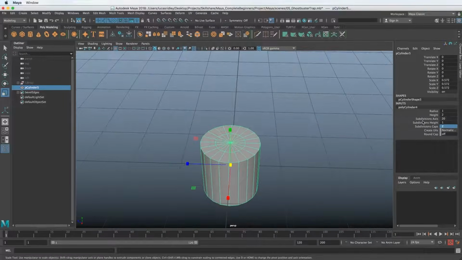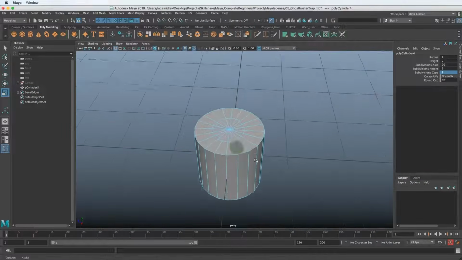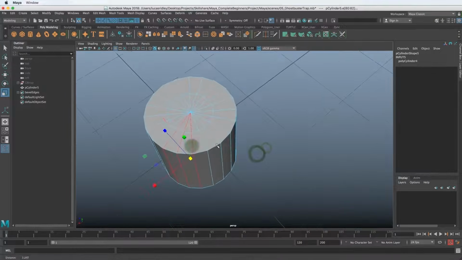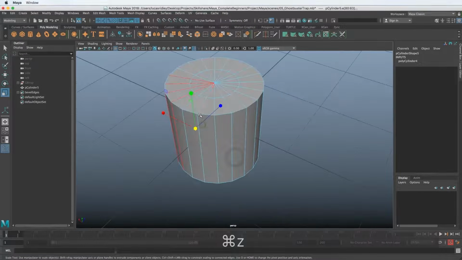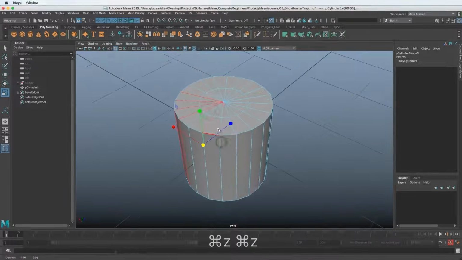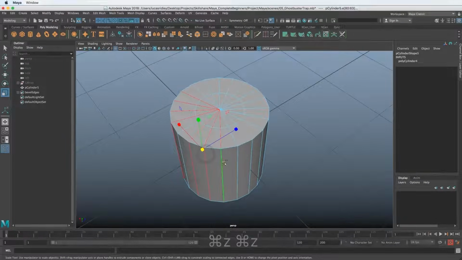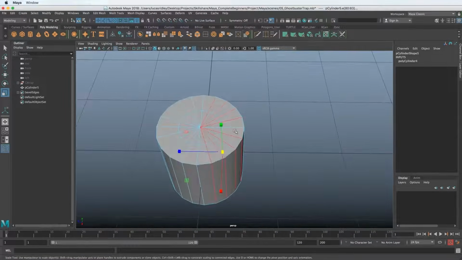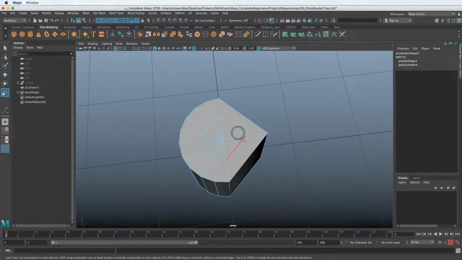So, get this cleaned up first because you won't be able to change it a ton later if you're messing with components like we're about to do. So I'm basically going to select, double click and shift and double clicking all of the edges. I don't know why that's not selecting. All the edges here, except for the one in the center, I just skipped because that's going to be the one we're going to pull out. So I'm going to hold down Shift, right click, and go to Delete Edge. And now we have the point that we want.